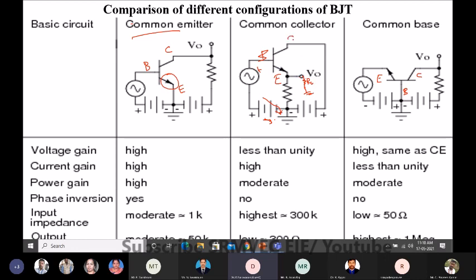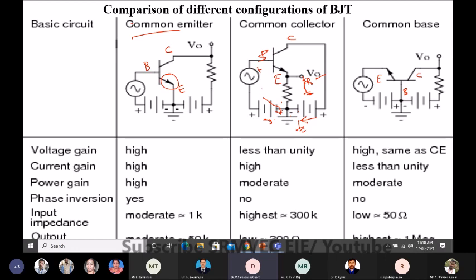Now come to the collector. Collector, where it is connected, you short circuit the DC source, it is connected to the ground. So with respect to the ground potential, input is given, output is taken from the emitter. Okay, so collector is connected to ground, we call it a signal ground. So with respect to the AC input and output signal, we can see that input is base and output is emitter, and your collector is signal grounded. Okay, so collector is common for both input and output, which we call a common collector configuration.